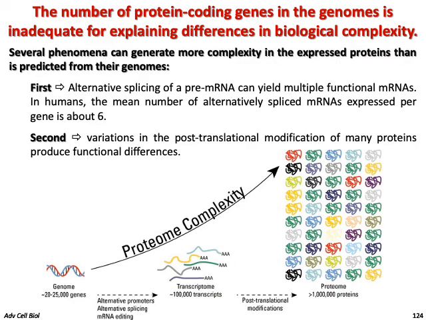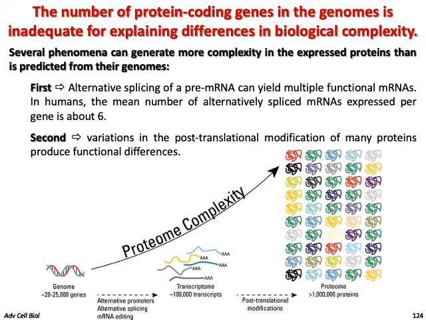Several phenomena can generate more complexity in the expressed proteins than predicted from the genome. First, alternative splicing of pre-messenger RNA can yield multiple functional messenger RNAs in humans. The mean number of alternatively spliced messenger RNAs expressed per gene is about 6. So a gene can generate 6 different